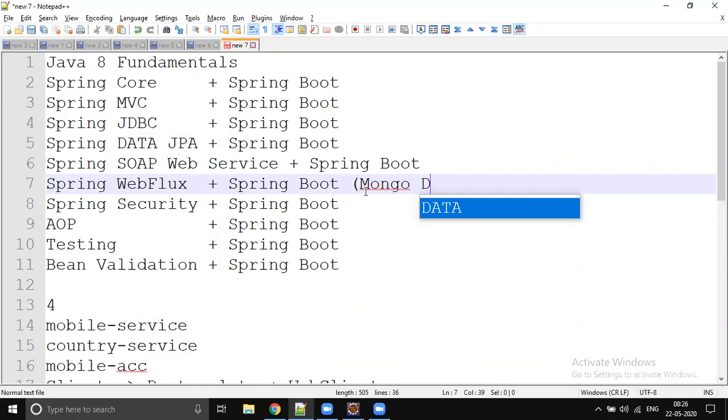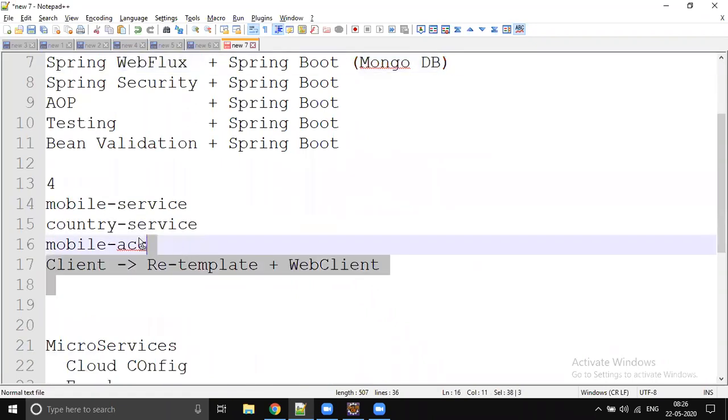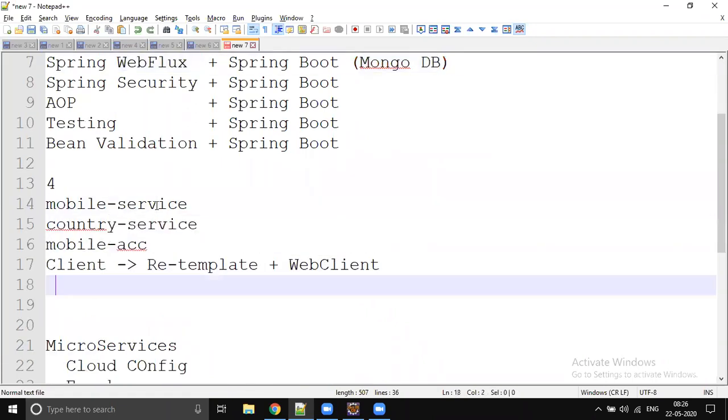Okay. And this MongoDB, we don't install it locally. We install it on the cloud and we're going to use it. It's not like you install it on local. It's mostly how you do it in real time, right? We're going to install MongoDB on the cloud, on AWS, Google, or Azure, and we're going to use that. And all your 4 microservices should be secured for sure.